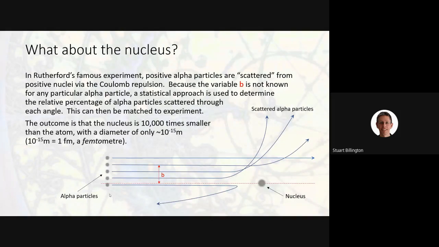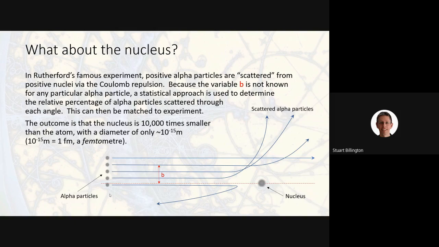Okay, I'm not going to recap with you the experiment that Rutherford did. It's on page 470 of the textbook, and if you don't remember it, please have a read of it. What I do want to do is take you on beyond GCSE and just have a little discussion about how that experiment was analyzed. So if you imagine that that's a single gold nucleus on the right of the slide,